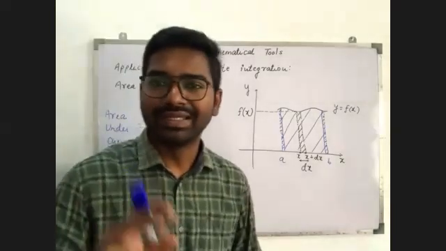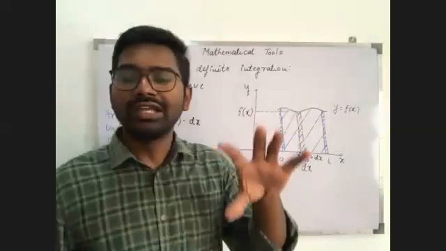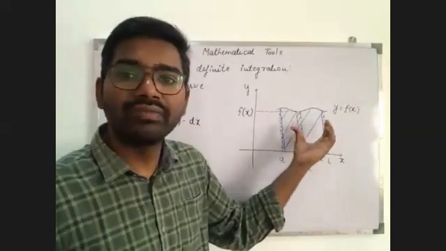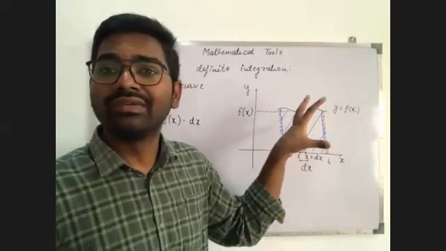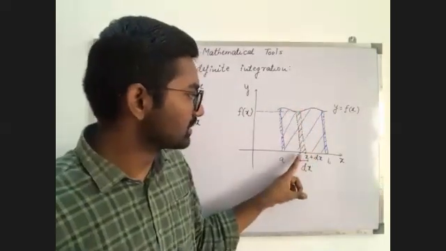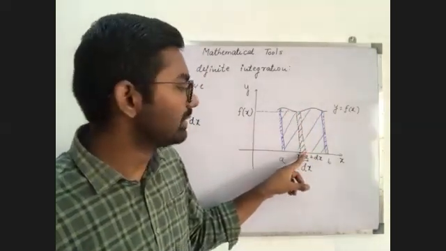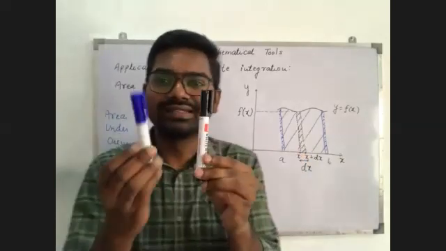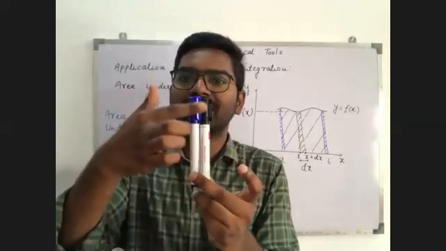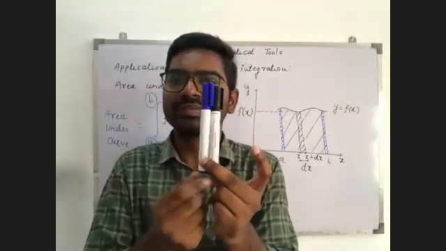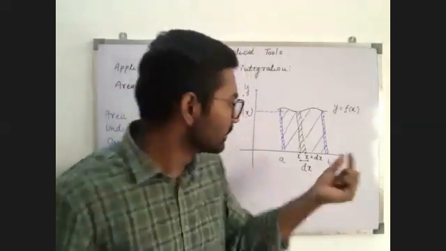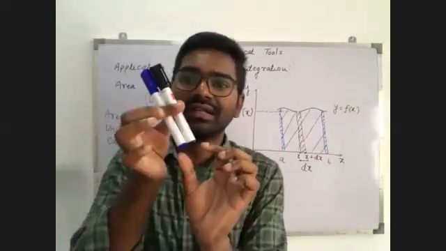Now look here, I'm explaining again, just listen. I told you that integration is addition. Now if I take a small strip and add, can I say that I will get the area under this curve? Let's suppose one point is x and the other point is x plus dx. So this is x, this is x plus dx. The area is nothing but a rectangular area. If this point is x and this point is x plus dx, the width is x plus dx minus x, which means dx width.